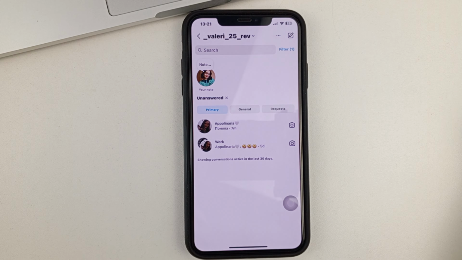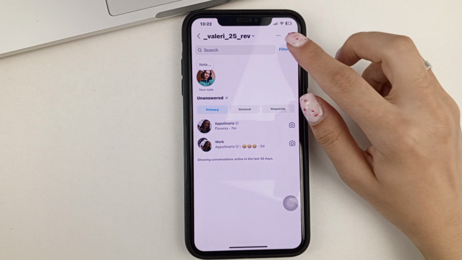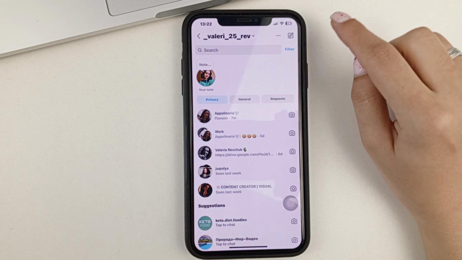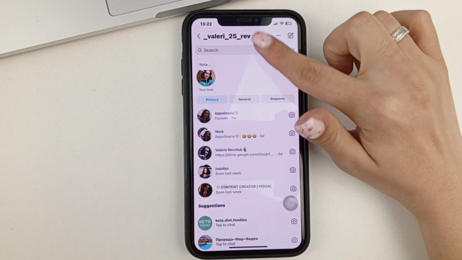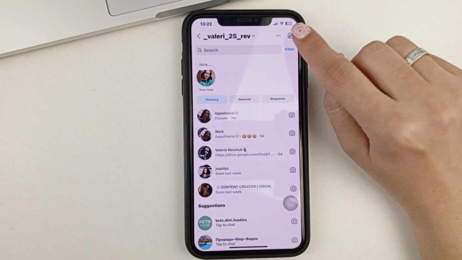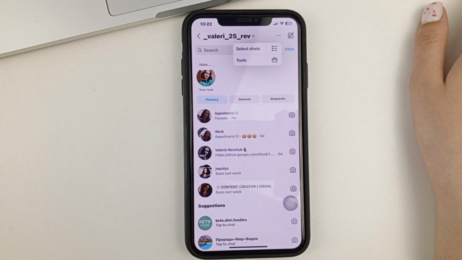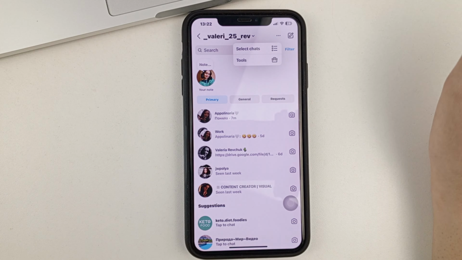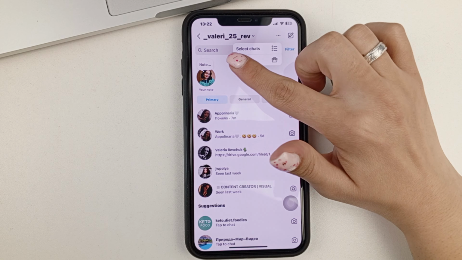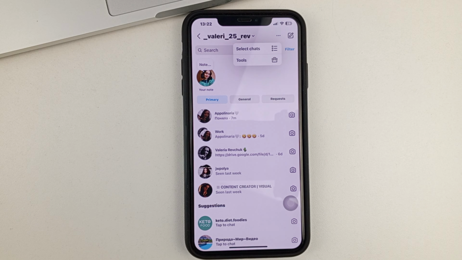And after you select, filter what you want to find, what you want to delete, you can further up at the top, either like I have, you'll have three dots that you click on, or you might have a select chats function right away.